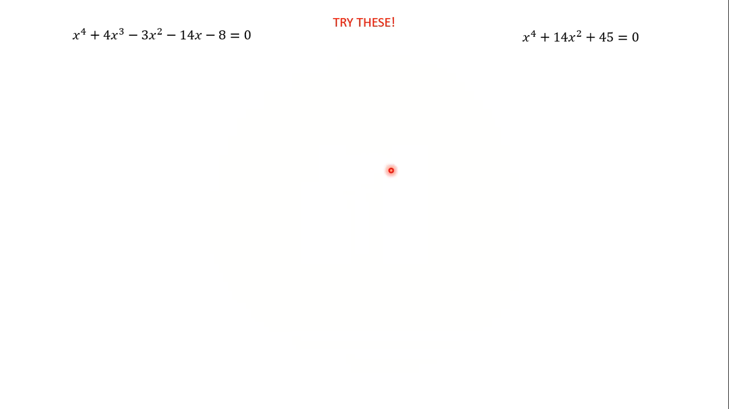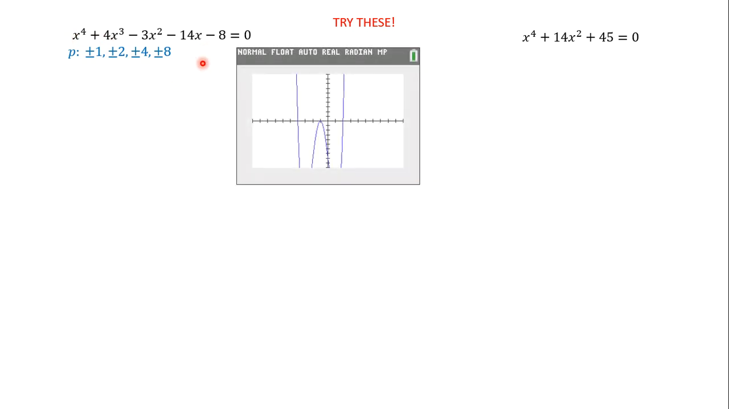Did you find all 4? Well, let's see. So this one, we're going to have to use the rational root theorem. Factors of 8 will be plus or minus 1, 2, 4, and 8. I'm going to graph it because I'm going to like seeing the graph of this. So, alright, so it looks like